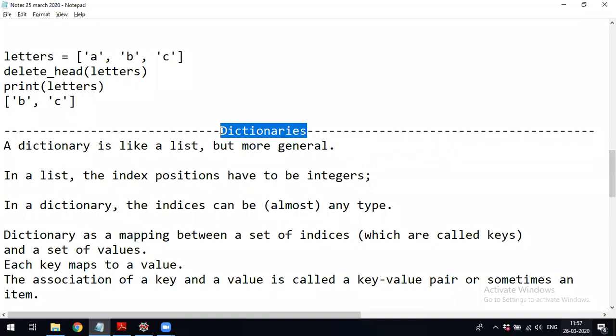That is why it is called a dictionary. So what is the difference between a list and a dictionary? A dictionary is a key-value pair, and each key can have a value of any data type. If you want to map this with Java, the concept called HashMap is exactly the same.